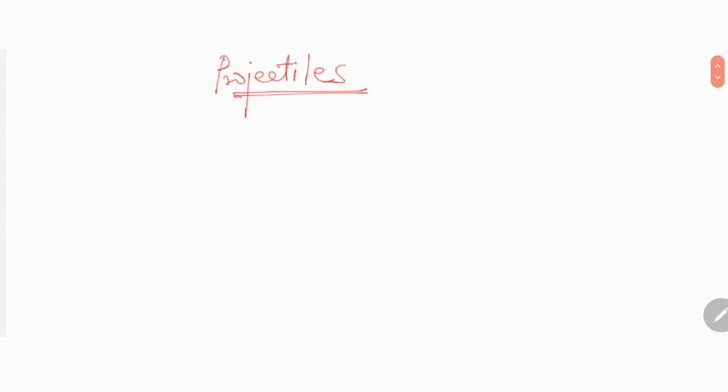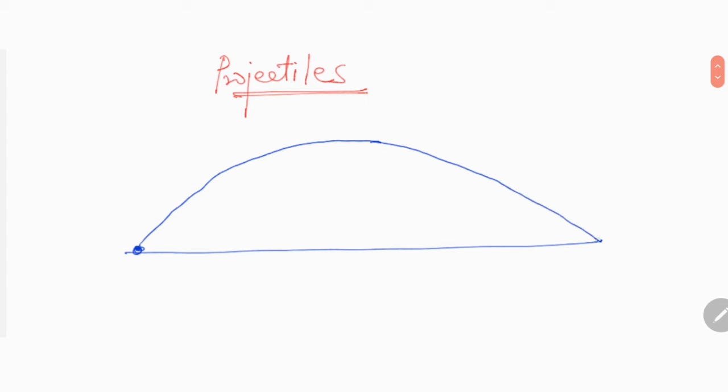So let's draw this again. We assume this is a plane, this is the body, and it is projected, and this is a projectile and it falls back right here. This is point A, point B, and let us say the body is thrown with a velocity of v, making an angle of theta degrees to the horizontal surface. Now let me draw the x and y coordinate. This is the y coordinate. Let me extend this, and this is the x coordinate.